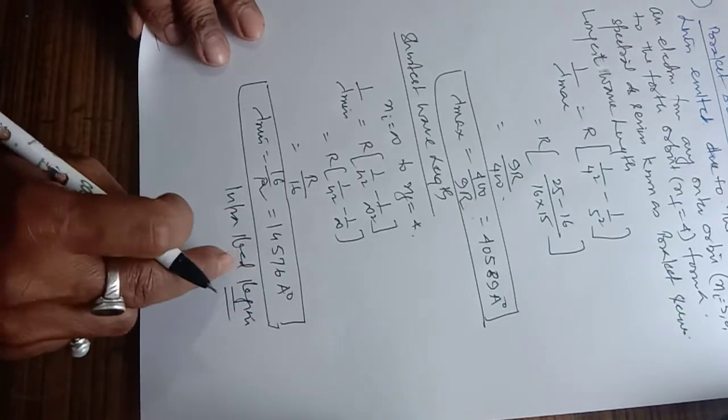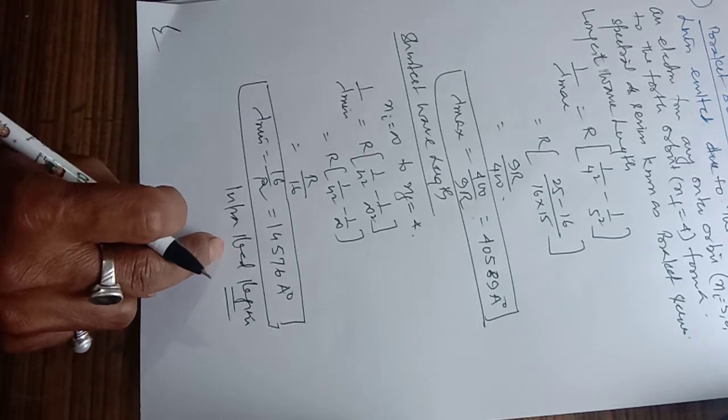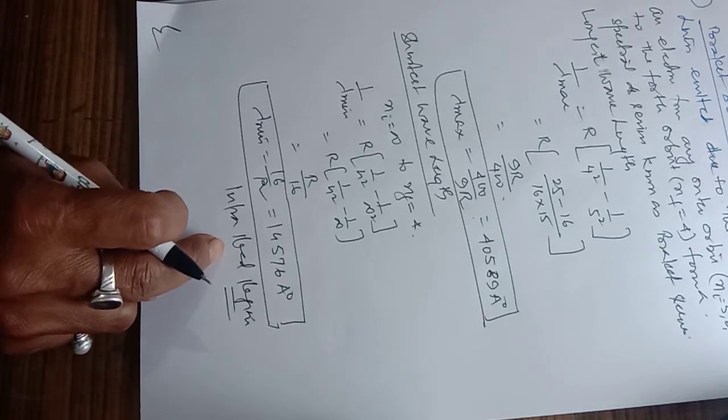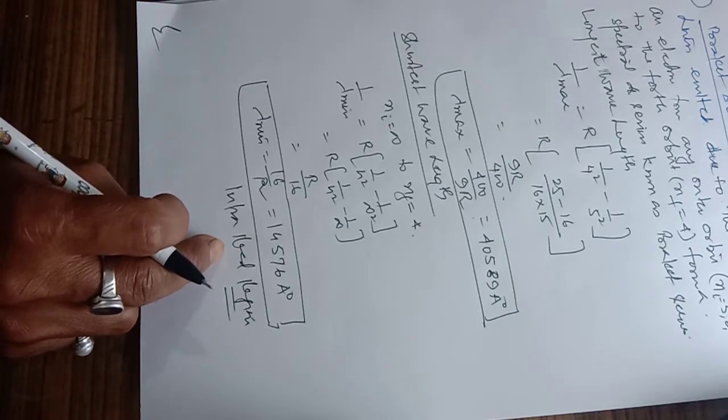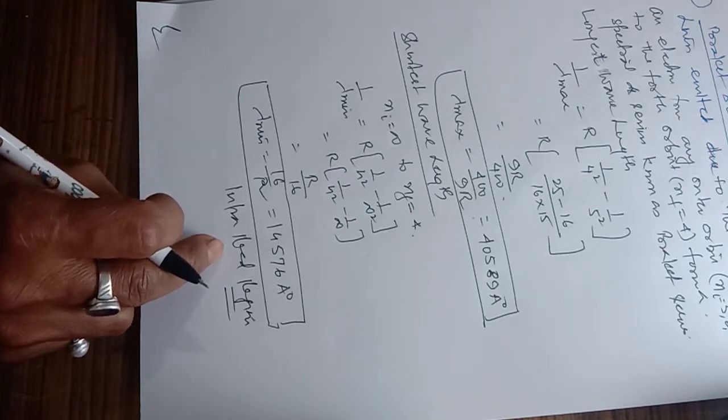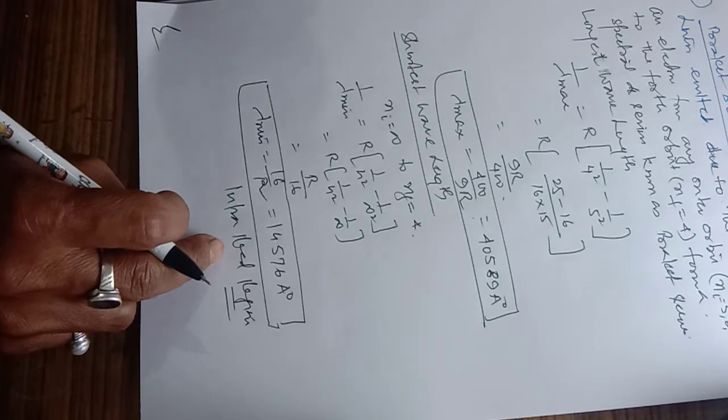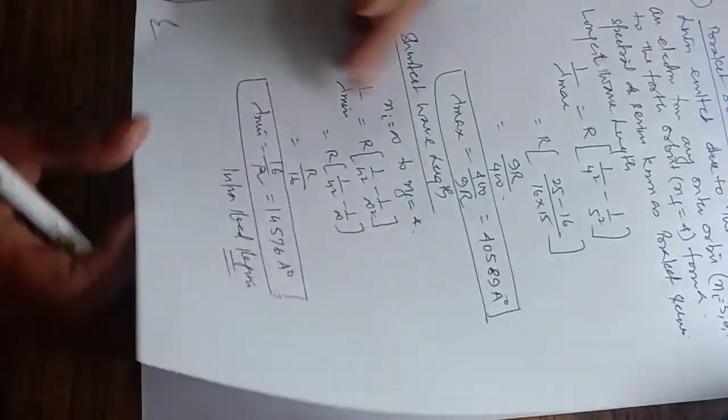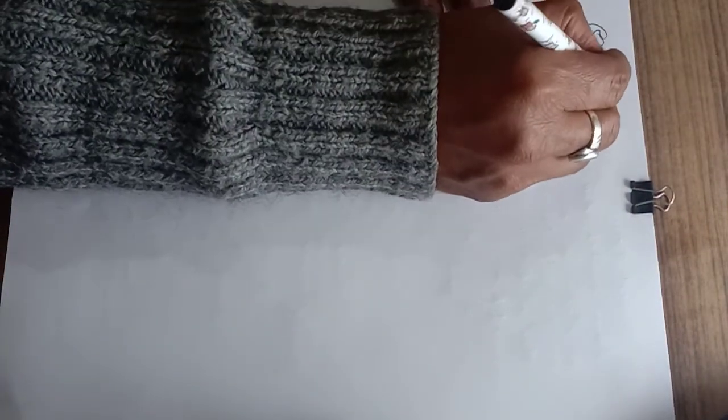But see the translation, it is also the infrared, and the Paschen is also the infrared region, but where the movement of the electron is coming from is important to decide whether it is a Brackett or a Paschen. Now the next is the fifth one, that is the Pfund series.